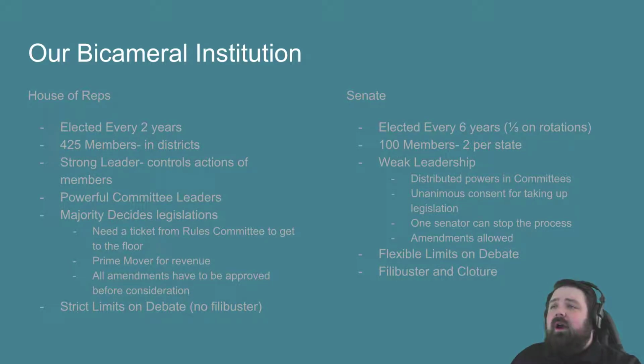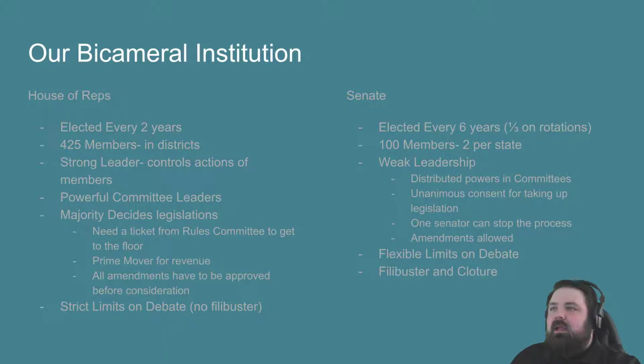So our House of Representatives, which is at its very core meant to be a much more representative institution, representing not the states, but the people directly, is meant to be a much more change-oriented sort of political system, much more responsive to changes within the population's